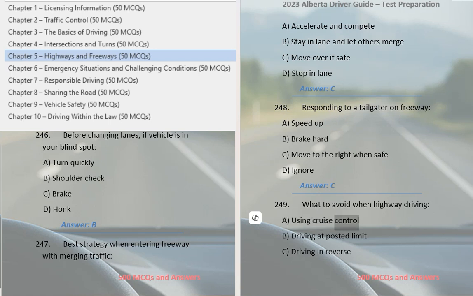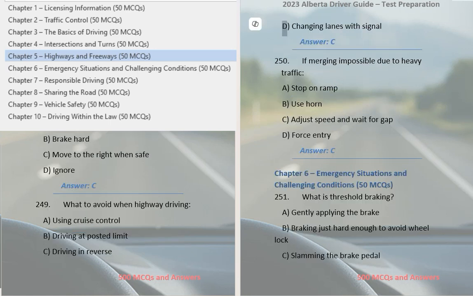A. Using cruise control. B. Driving at posted limit. C. Driving in reverse. D. Changing lanes with signal. Answer: C. If merging is impossible due to heavy traffic,